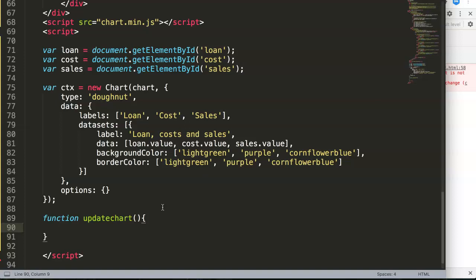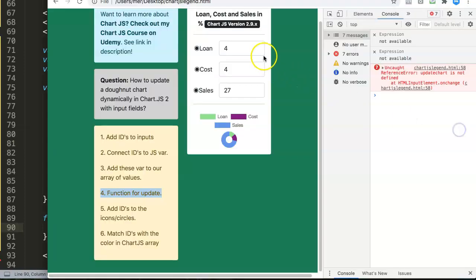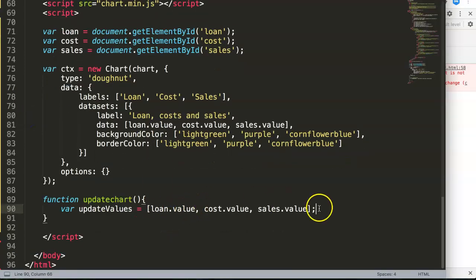First of all, we have to create a variable, and this variable will contain the values that we have. So let me explain. We say a variable, and this variable will be update values, all right? And this variable equals this one here, basically our data. And the reason we have this is basically this. We want to put in a new array, and a new array will have these numbers here. So it will extract these numbers, put them together, and then once we have this, we want to say